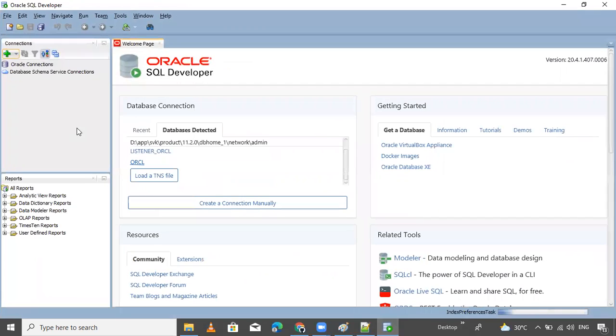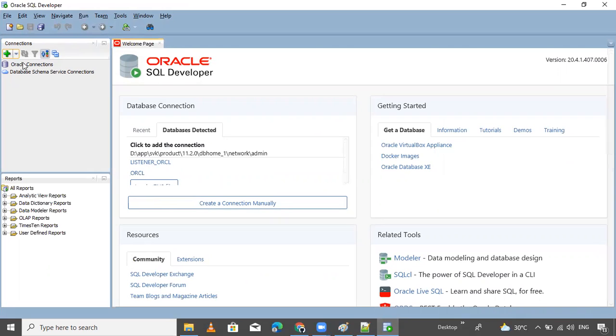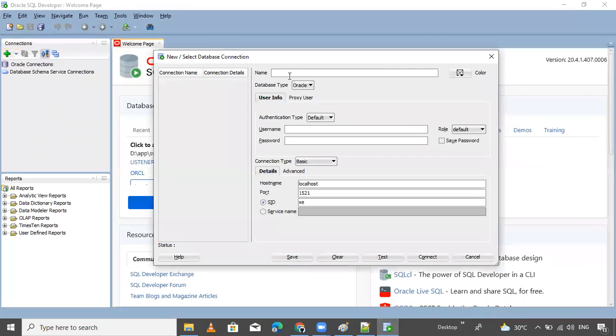Database is, I think, connected automatically. Connect manually, ORCL is good. Now, Oracle database, create. Click here. Create database name: MyDB.